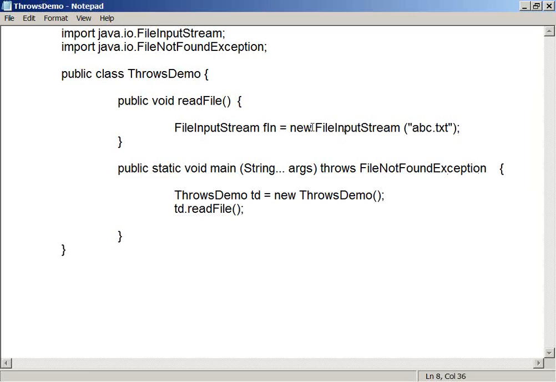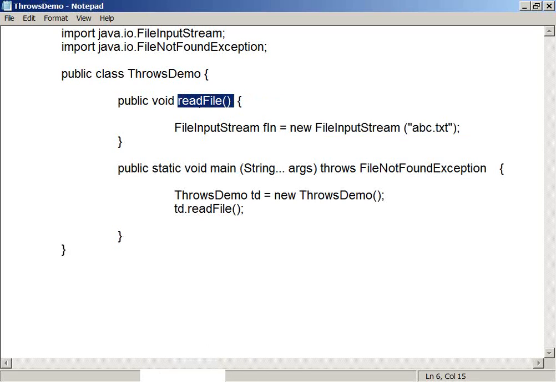So the problem starts from this method, which I am trying to use as an intermediate. And this is saying to the methods that try to use this constructor: boss, if the file is not there, I cannot help you. How is it indicating this to the readFile method?